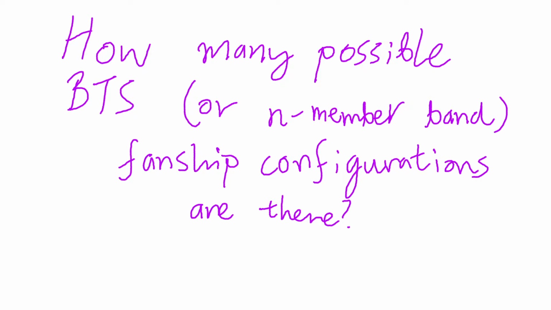but nevertheless, this is a math video, and the problem posed is interesting. So we're going to take a look at it from a mathematical perspective. Firstly, with this example of BTS, which is very famous, having 7 members, and also interesting mathematically because for odd numbers this problem is slightly harder. And then we're going to try and generalize the approach we take to any group of people with n members, if you want to find a solution to how many fanship configurations there are.